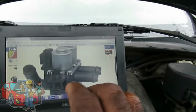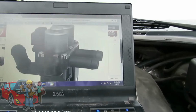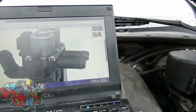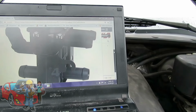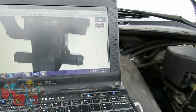Alright guys and girls, this is a picture of the heater control valve for this vehicle. Honestly, I have never seen a heater control valve this big before. Usually it's just got 2 hoses. This one has 5 hoses going to it. And on the top